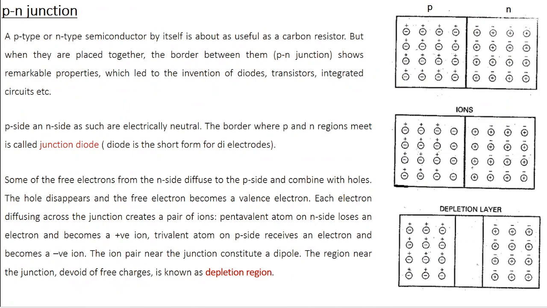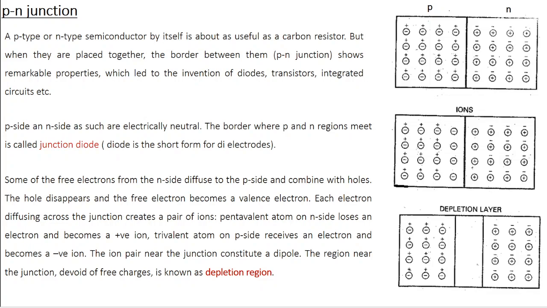Now, even though the conductivity of an intrinsic semiconductor is enhanced by adding appropriate dopants, still the conductivity is not very great compared to a good conductor like copper. Right? It has some conductivity, but it still behaves something like a carbon resistor. So it doesn't have much practical utility, but